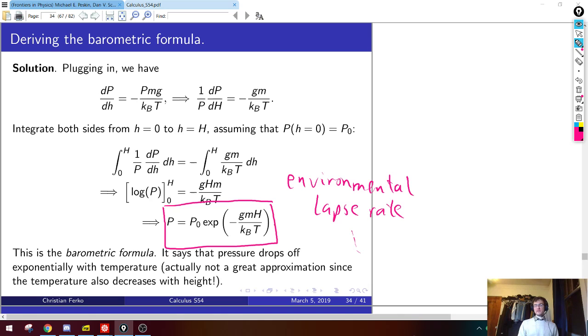But this is a very common occurrence in science, where there's a trade-off between the accuracy of your equations and the simplicity of your equations. This is very simple. It's just an exponential of some number. So it's easy to understand, it's easy to graph, it's easy to derive, and it lets us think about it very deeply. But it's less accurate. The equations that are more accurate become very ugly. So they're just harder to think about, harder to understand. You can't solve them by hand, so you have to put them on a computer, but they're more accurate. So you always have to strike the balance between accuracy and complexity for the criteria that you care about in the problem at hand. So it's something of an art.